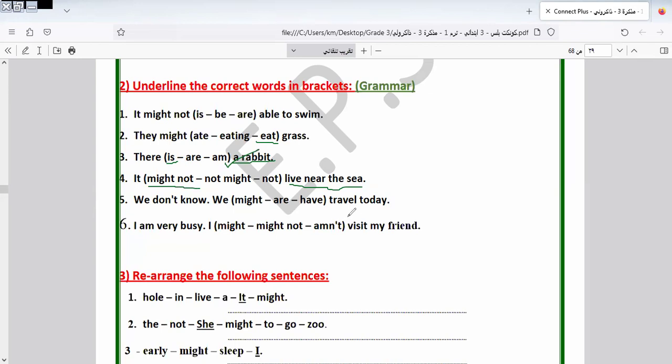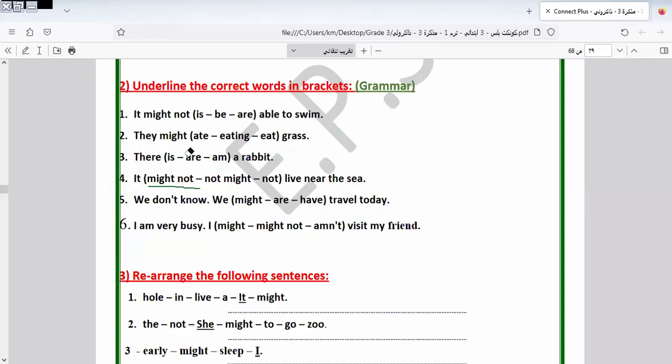I don't know. We might travel today. We might travel today. Possibility means it can be done or not. I'm very busy. I might visit my friend. I'm very busy, so I might not visit my friend because I'm busy. He is busy or she is busy. Might not be able to